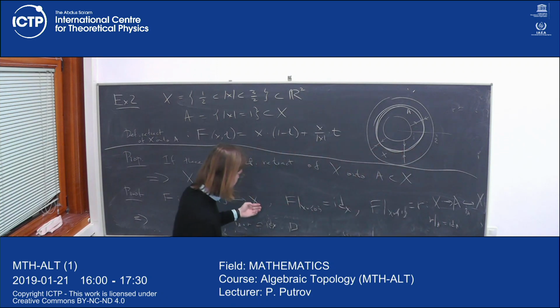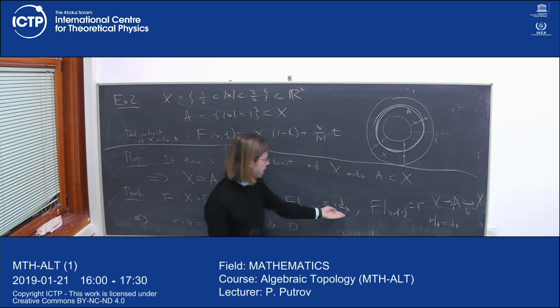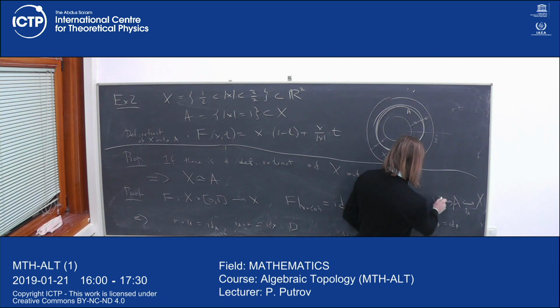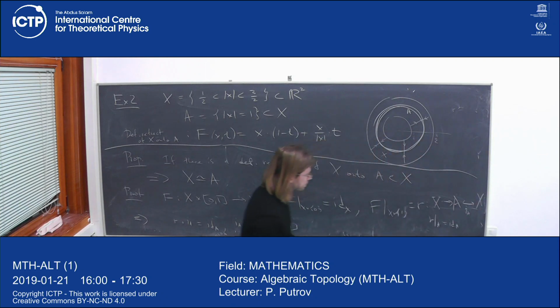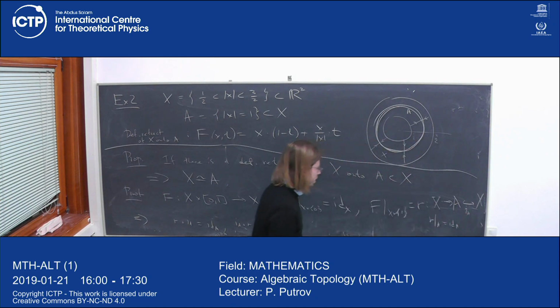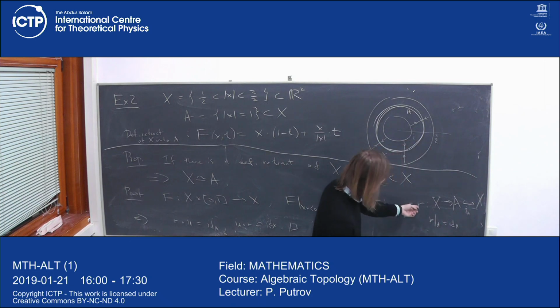Right? So there's a homotopy between two different functions from X to X. One is the identity on X, the other is the function R, which can be understood as a map first as a function from X to A, some subset, but it also can be understood as a function from X to X itself by composing this map with inclusion. So R is a retract.